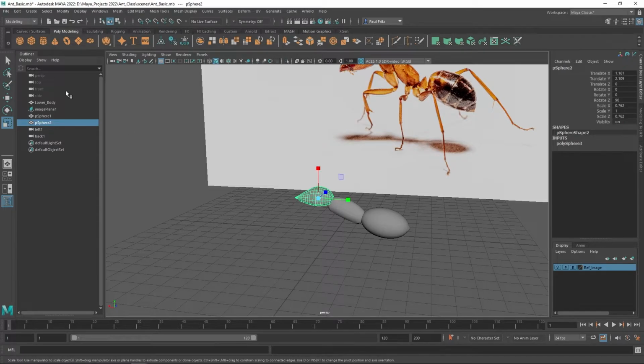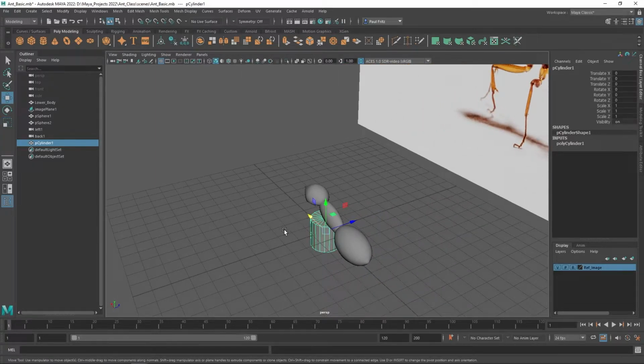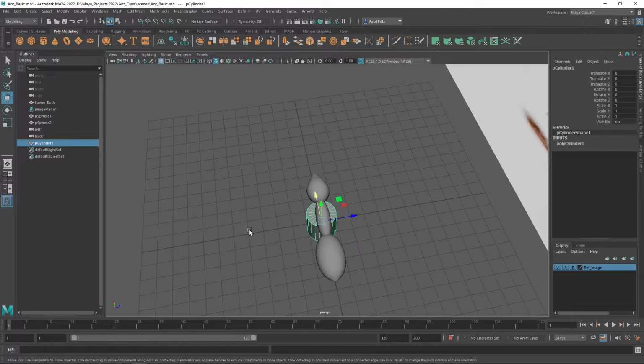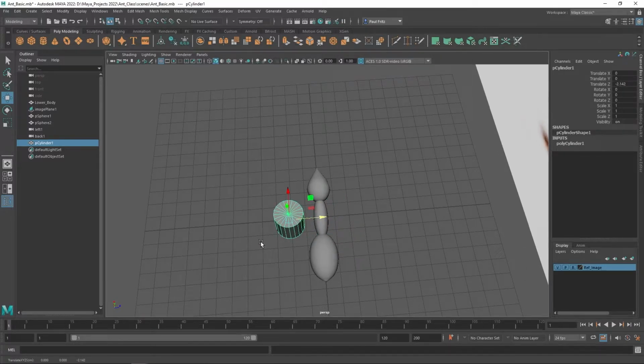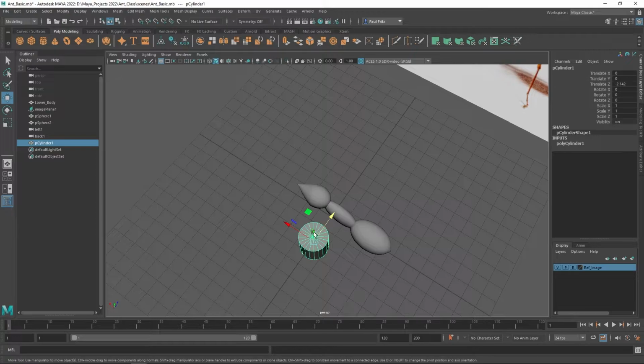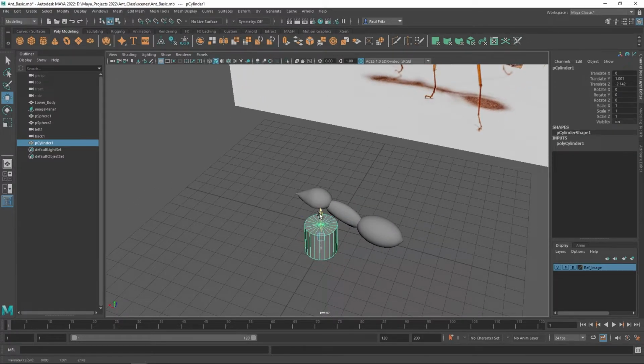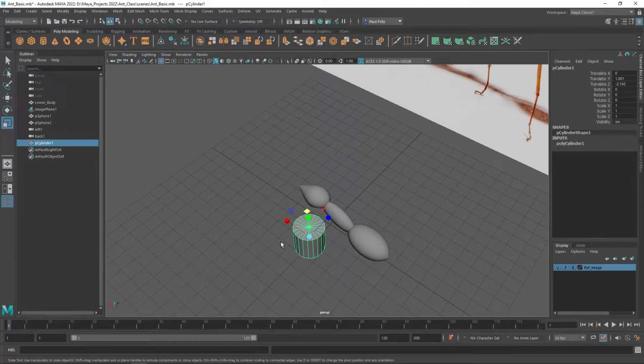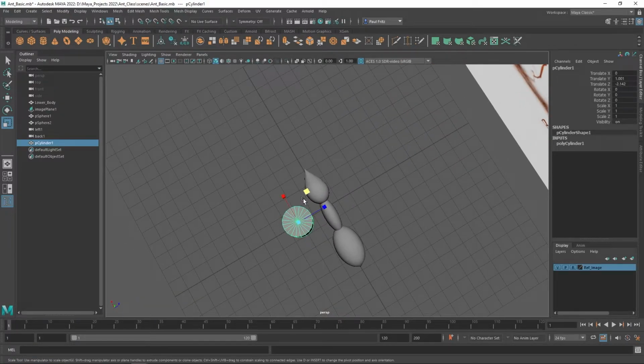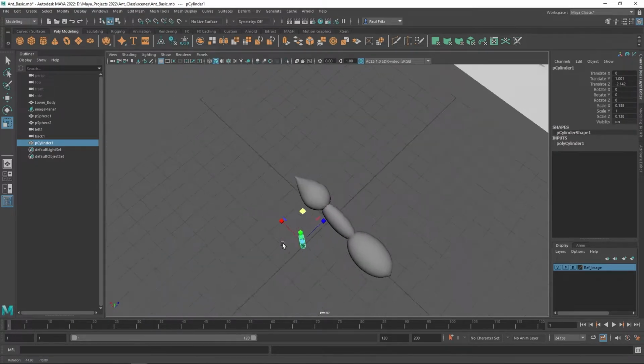Now let's go ahead and work on our legs. I'm going to bring in a cylinder, so right up here, click on cylinder. And we're going to pick one side of the body or the other to work on. So I'm going to go ahead and just move it over here. Drag this up. I'm going to hit R on the keyboard to scale it down a little bit. And I'm going to use, again, this plane here. So if I look down, I'm going to use the Y-axis plane. And I'll pull this in and shrink this down to about the diameter of what I think the legs should